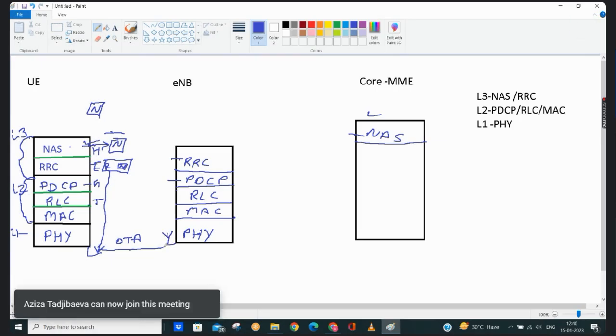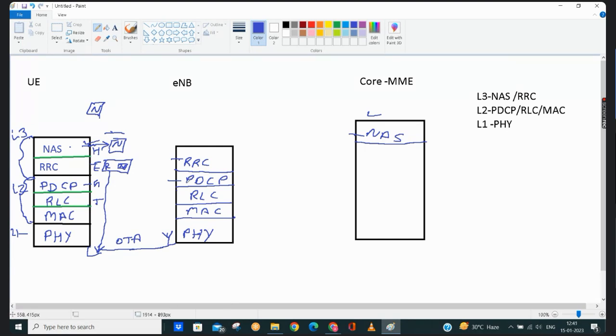Here we have antennas. The signal will travel over the air, OTA messages. Most of the NAS or RRC messages are over the air, OTA messages. After the eNode B we will receive our packet. We are bypassing these layers, meaning I'm not explaining these layers. Now this packet is received by my RRC layer. Which packet? One packet, N and R. R is the RRC packet, N is the NAS packet.